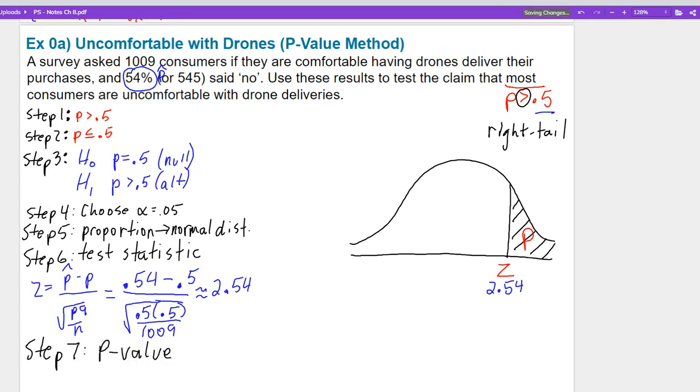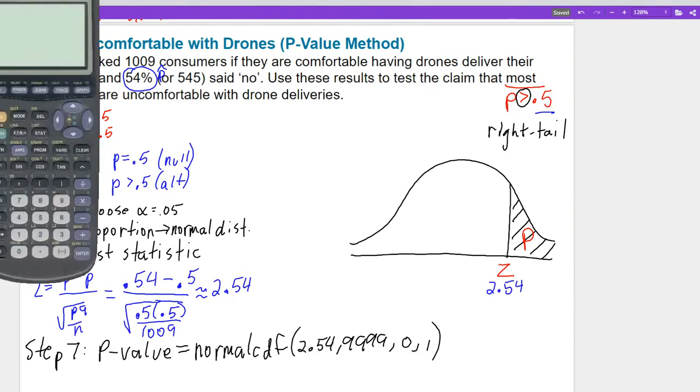Now again, once I show you how to do it on technology, it's going to give you all these numbers anyway. But we don't need it because we've done this in previous chapters. To find that p-value, we know that we can just do a normalCDF on our calculator from that 2.54 number to infinity, or in our case, we usually just type in some big number like 9,999 or whatever. And since it's a standard normal distribution, it's got a mean of 0 and a standard deviation of 1. That p-value,